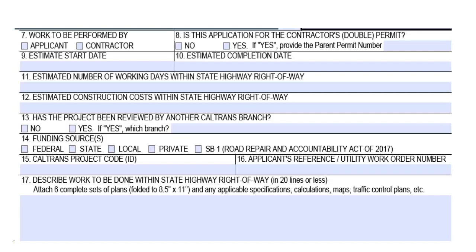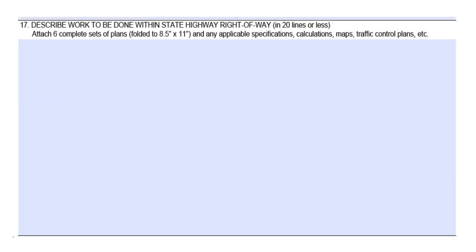Question 17 is where you will describe the what you want to do on the state highway system. Your project description should include as much detail as possible. In general, more details are preferred over fewer details. Your description can range from a paragraph to a full set of engineered plans with calculations, depending on the complexity